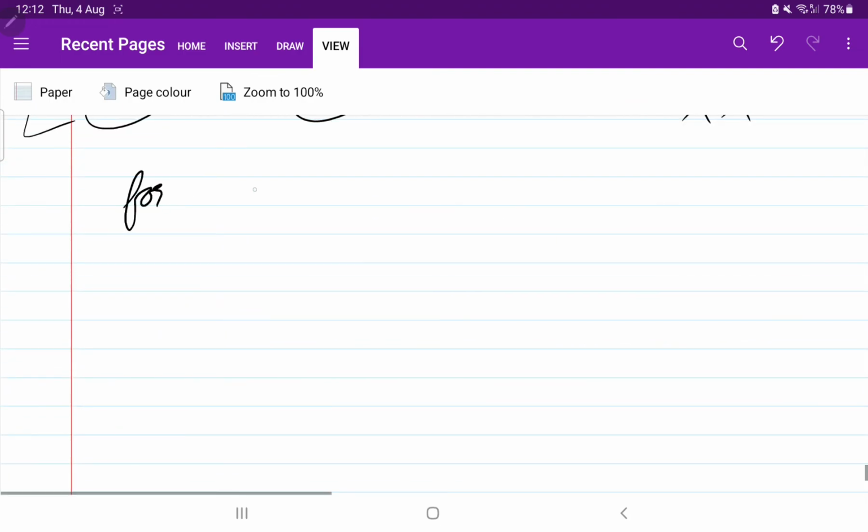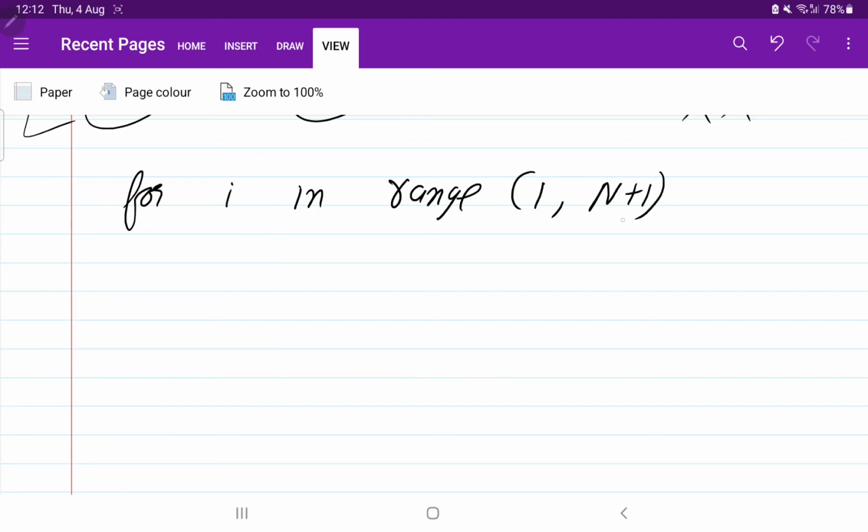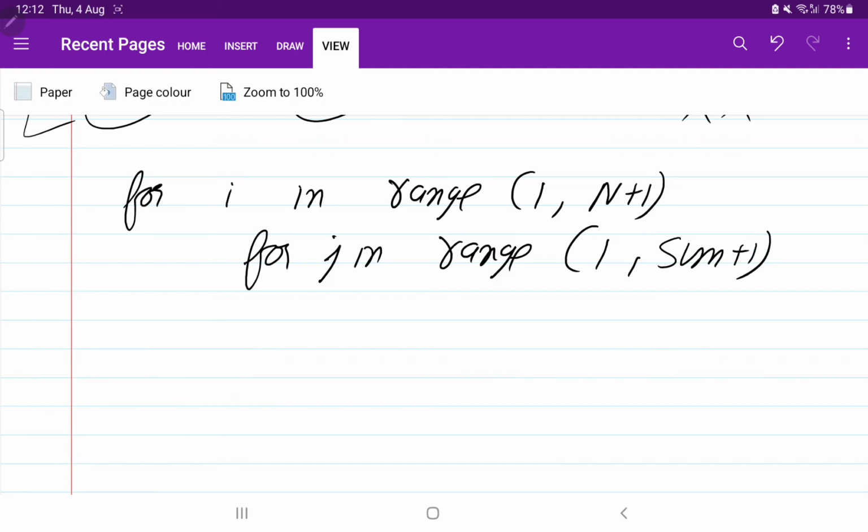So for i in range from 1 to n plus 1, for j in range 1 to sum plus 1. And here I am going to apply if array of i minus 1 is greater than j.